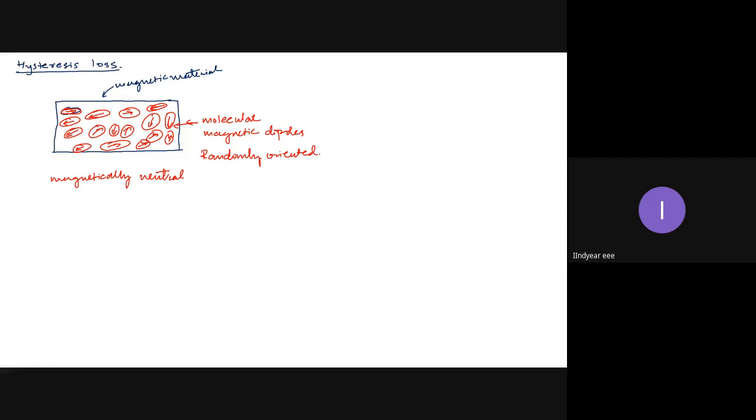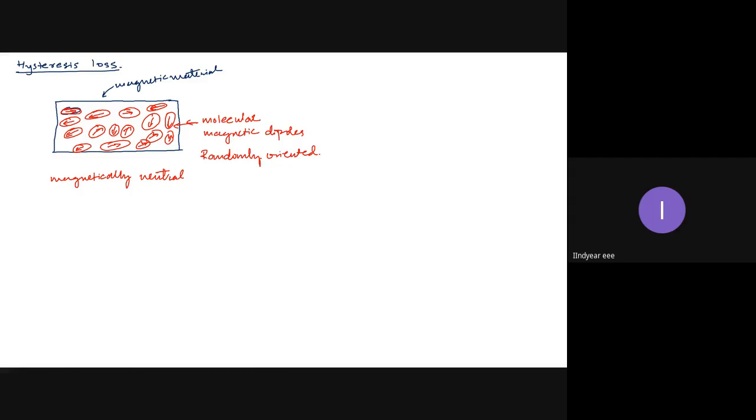Whenever I am creating a magnetic field, my intention is not to create a magnetic field surrounding the coil. My intention is to create a magnetic field inside the core, because the core is a magnetic material which will create more magnetic field than air. That is the reason I use a core. Never do I use an air core coil. We always use iron core coils, because iron is a better material to create more magnetic field.